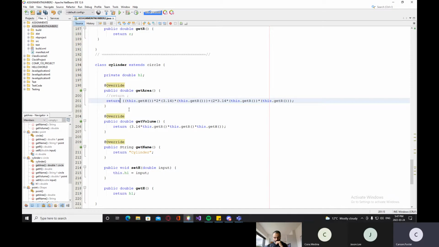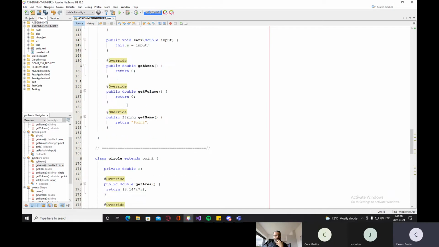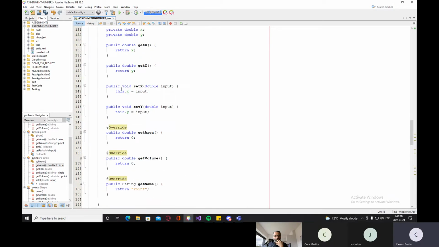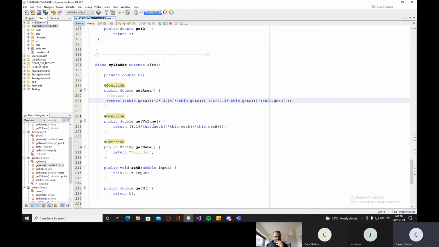I had to override that because here in the circle, here in the point, I defined it as 0, but it's not 0 because it has volume. So I just say it was pi r squared times get h, or times h. And I used this dot get r because it has to use the current radius. Yeah, the current radius that we're talking about. We're talking about the cylinder. It has to use the radius of the cylinder, not the